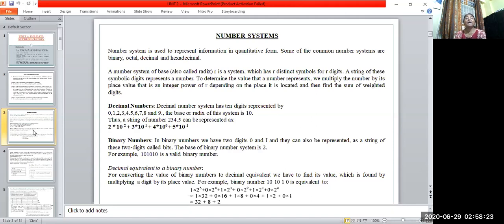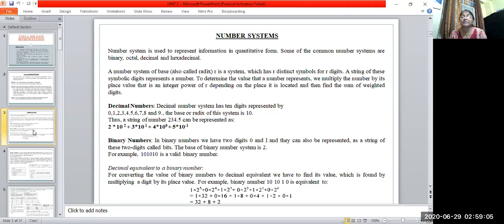And after doing some simple calculation, addition, we will get the value of the number equal to 234.5. I hope you all have understood these things. आप लोग सभी इसको समझ रहे होंगे कि कैसे हम लोग डेसिमल नंबर में कितने सिंबल्स होते हैं, कितने डिजिट्स होते हैं, और कैसे हमने एक नंबर दिया हुआ था डेसिमल का, उसका हम लोगों ने कैसे वैल्यू को निकाला, एक्सप्लेन करके कैसे निकाला.